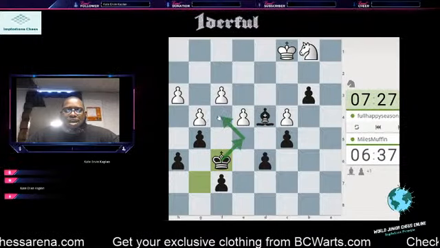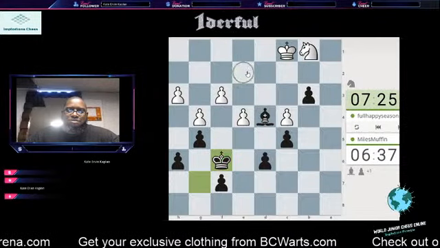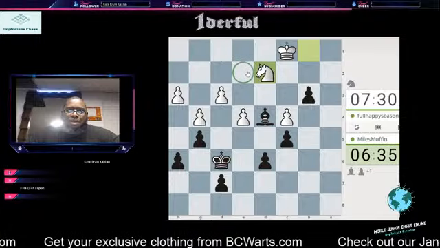What you really want is to have the knight on e2, which won't be possible